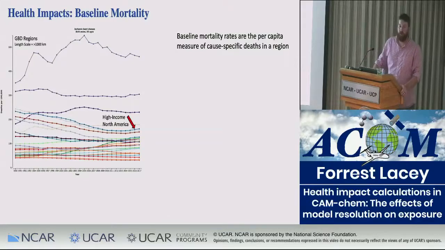calculates it for each of the 21 GBD regions. And I've highlighted where high-income North America is, where we're closer to 200 deaths per 100,000 people for ischemic heart disease. And if anybody's curious, the top region is actually Eastern Europe, and that's not really related to air quality, except they have higher baseline mortality rates to heart disease, mainly due to the prevalence of alcoholism, and that really impacts how many people die from heart disease in those regions.